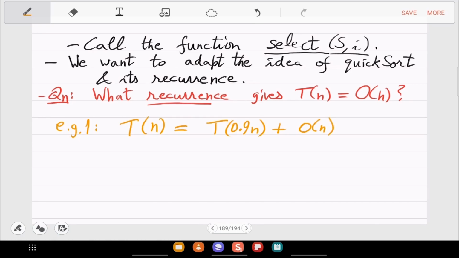So if you reduce the instance by some constant fraction multiplied by n, solve that, and on top of it you spend linear time, what is the solution of the recurrence? Basically you are doing n, then 0.9n, then 0.9 squared n, and so on, which is